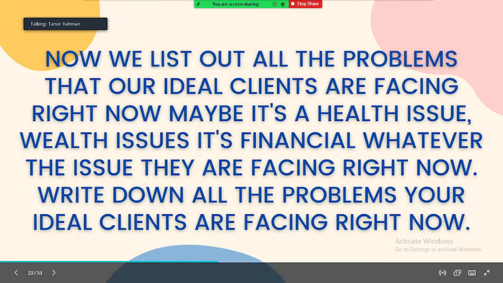Either it's going to be financial, a health issue or a wealth issue, or whatever issue they're struggling with right now. Write down all the problems, maybe it's going to be 10, 20, or 50, I don't know. It really depends on how wide your target audience is, but you have to figure out all the problems they are facing right now,